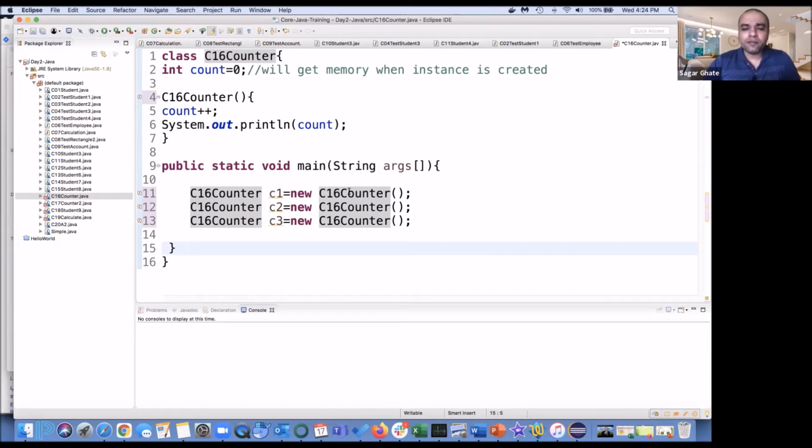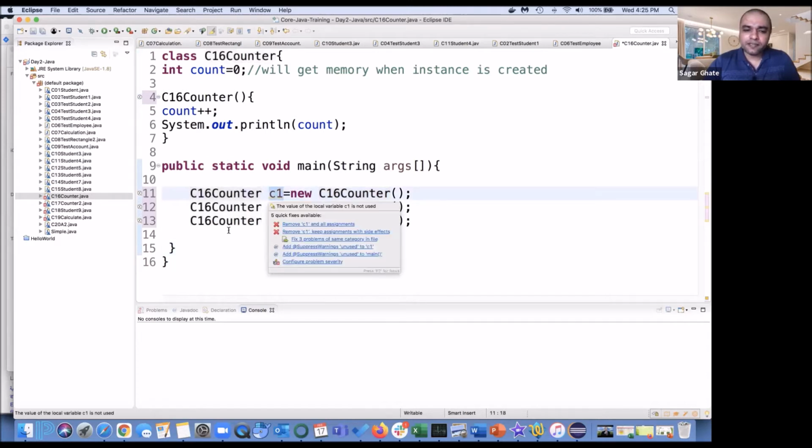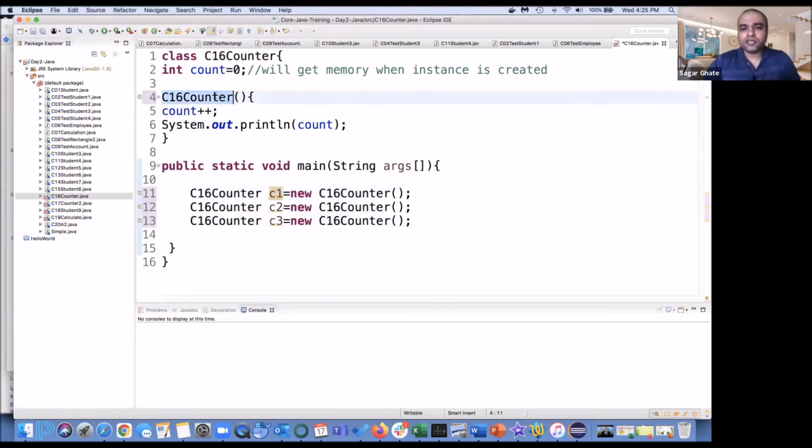Intentionally we have created it, because the moment we create C1, C2 or C3, it is going to call this constructor 3 times. Now, when it is going to call the constructor 3 times, can you tell me in the comment box what will be the output of this program?